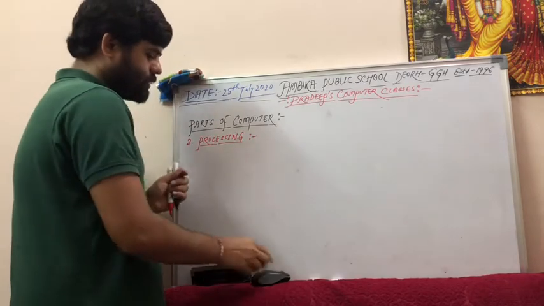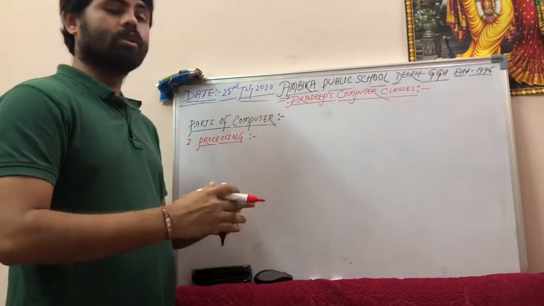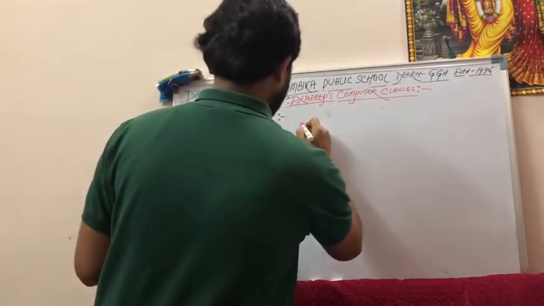Okay, as I have said, the CPU is the brain of the computer and it is doing all the calculations. So how is the CPU internal architecture? The CPU internal architecture is